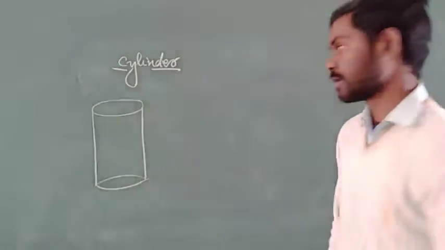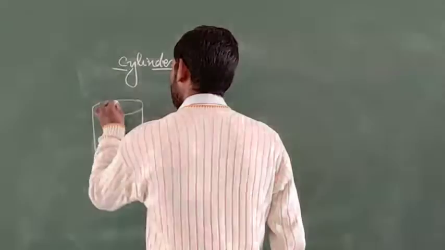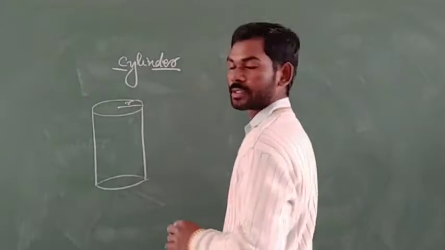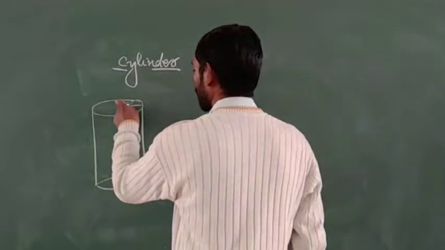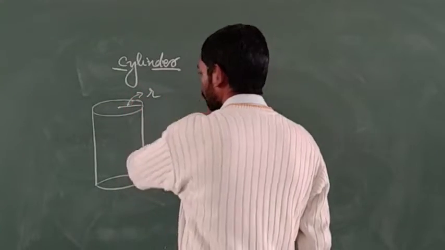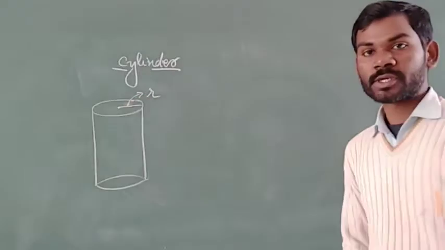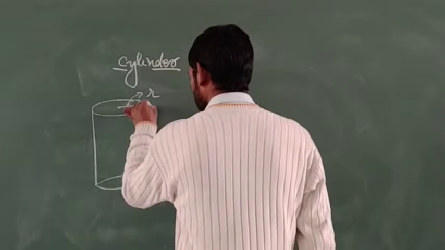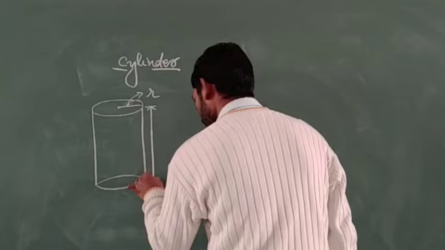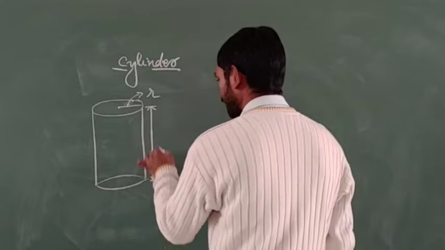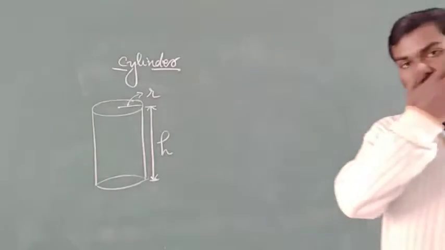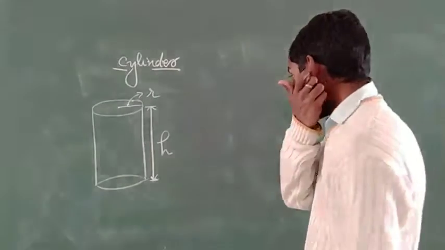This is a cylinder. This is the center and this is its radius, which is represented by small r. And this length will be its height, which is represented by h. Now here let us see